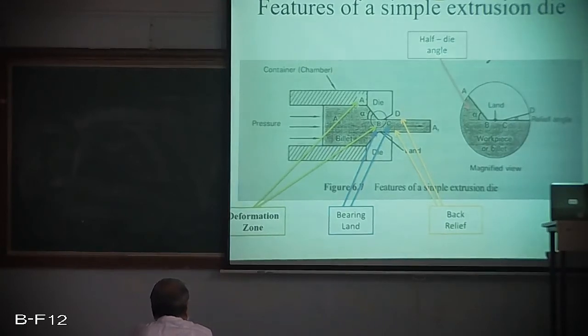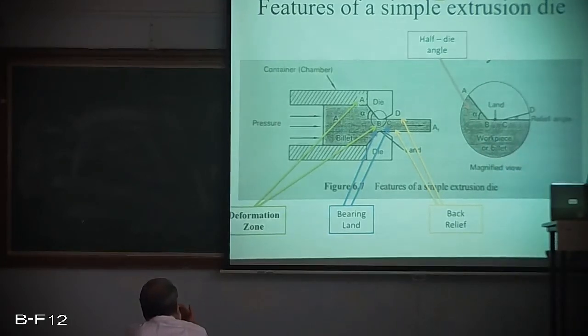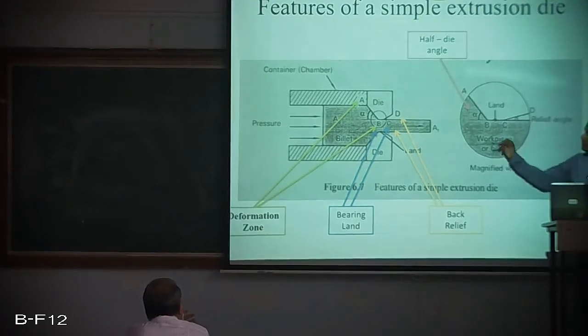The half die angle forms an important parameter of the deformation zone. The lower angle will create more friction at the die work interface, resulting in greater force for the extruded part. Okay. So this half die angle plays a very important role with respect to the deformation of the metal. On the other hand,